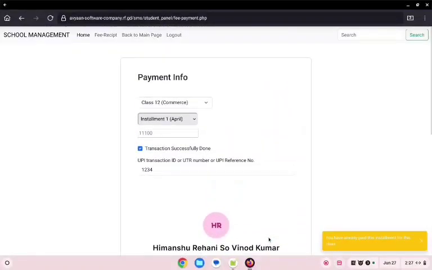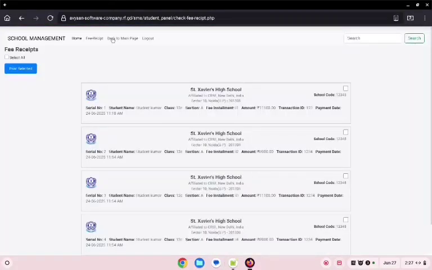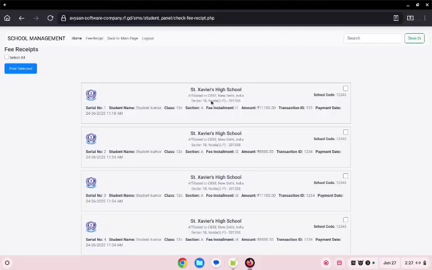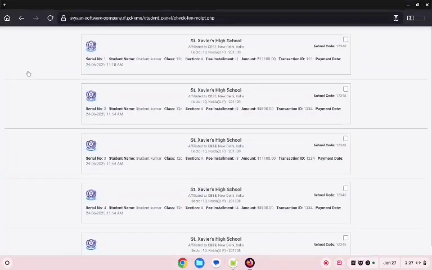We can also generate the fee receipt. For example, if the student has already paid all the amount or all the transactions for the whole year, he can generate the fee receipt directly from here. Print preview. You can print their